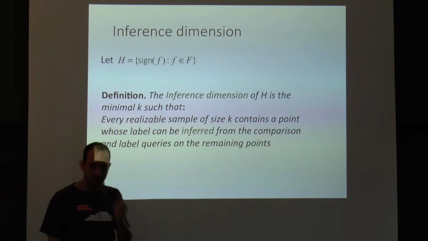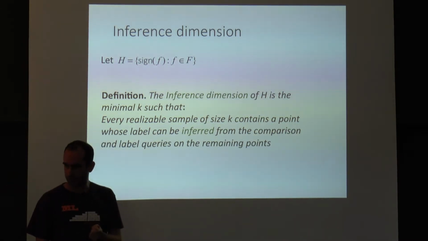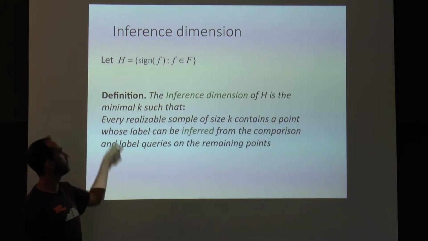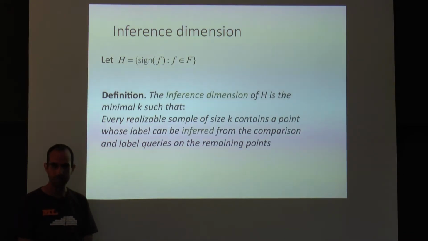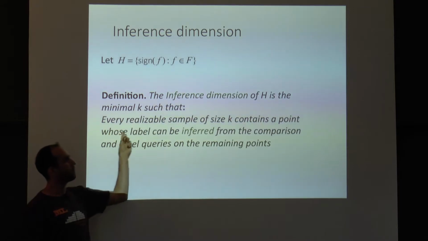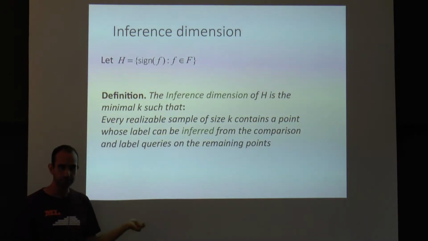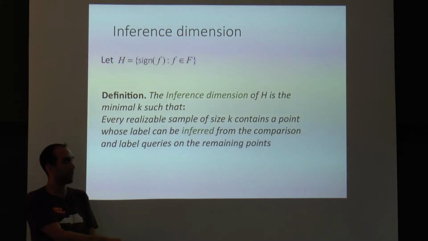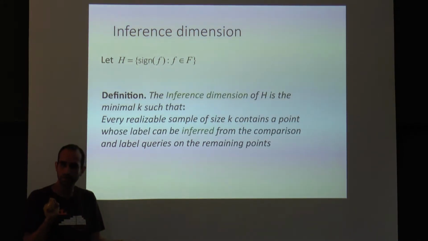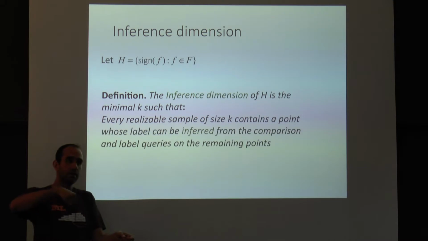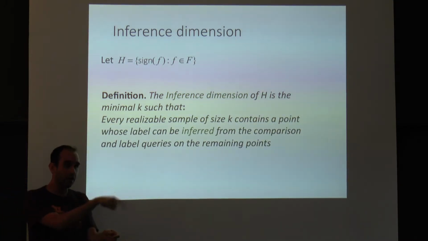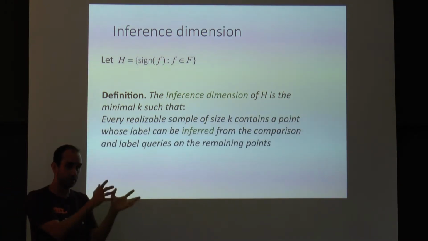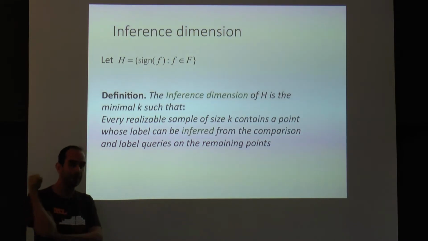The inference dimension of H is the minimal number k such that every realizable sample of size k, every sample that has some target function from the class that labels this sample, contains some point in the sample that we can remove, ask all labels and all comparisons on the remaining k-1 points, and infer from it